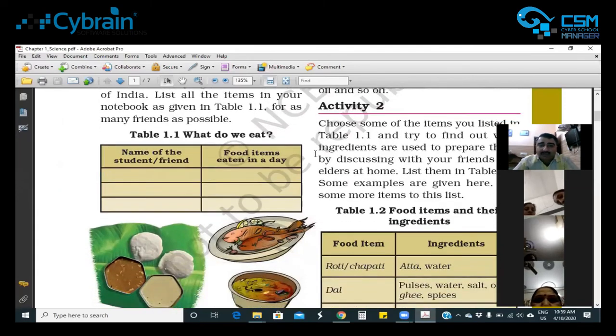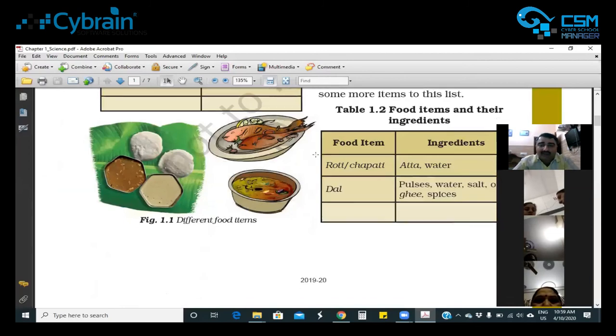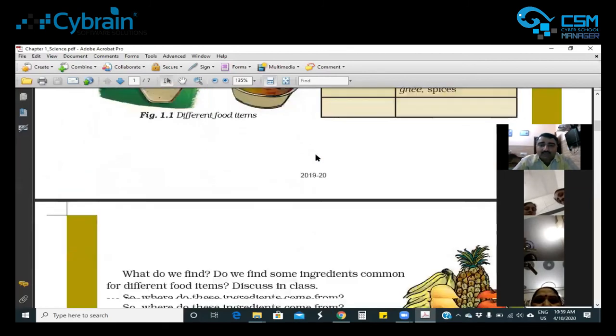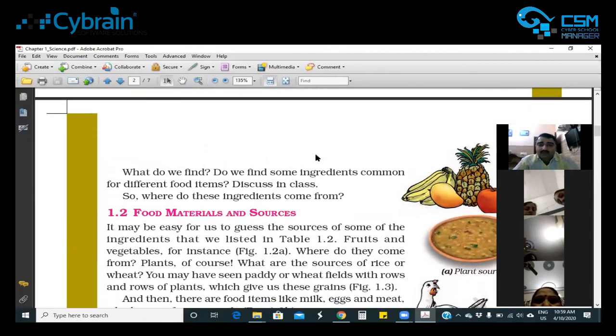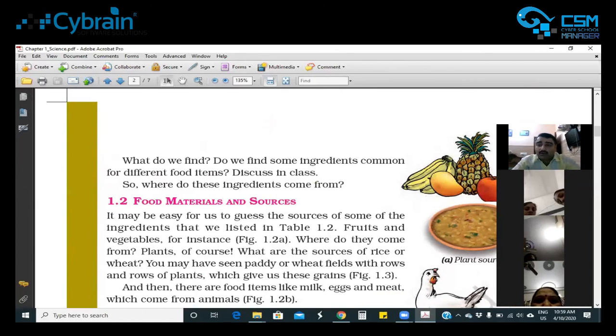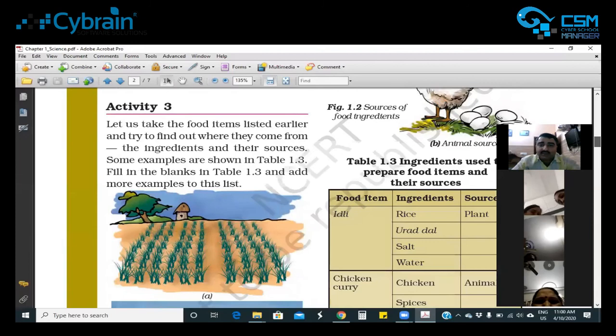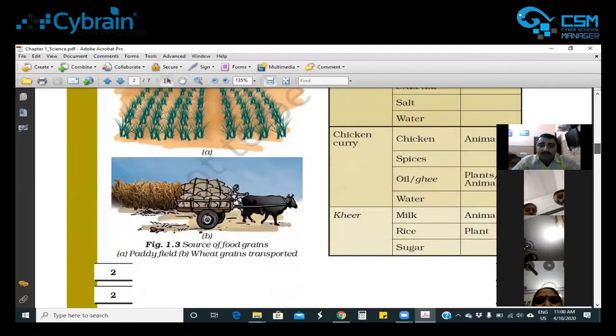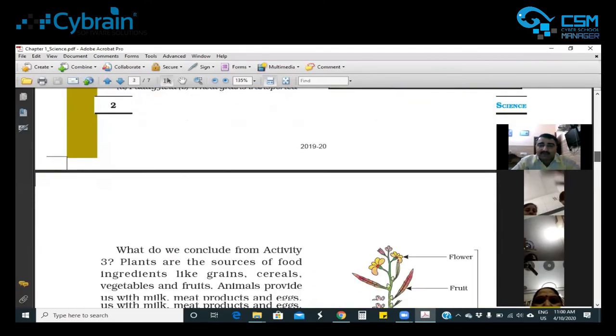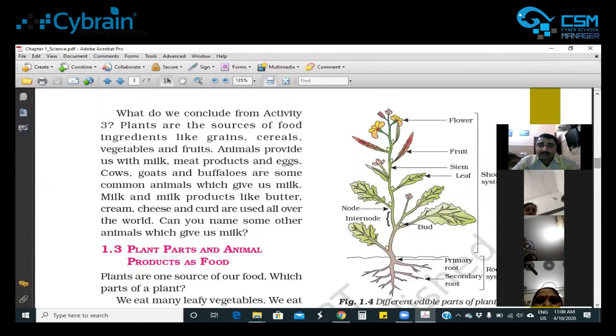So you can explain. It is all about how you are conducting your class. In the same way as you are physically in your school, taking your class, here also you can take your class in the same way. You can open any chapter, and then you can explain the exercise, you can explain the topics. So everything you can explain here. This is a plant, parts of plants. In the same way you can open anything.